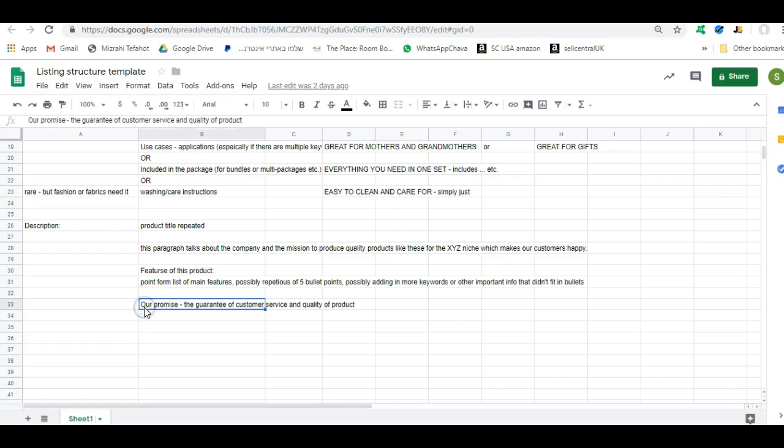At the end, I always do either our promise or our commitment, or here is where I would say satisfaction guarantee, something like that, at the very end of the listing. And what you're trying to do is be proactive. I don't know if anyone will see this far into your product description, and hopefully they've already made the decision